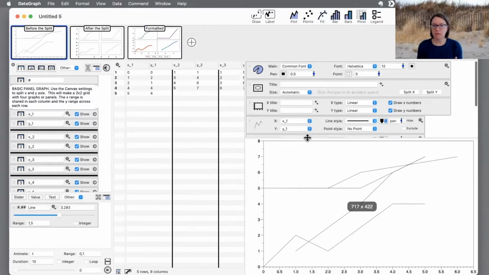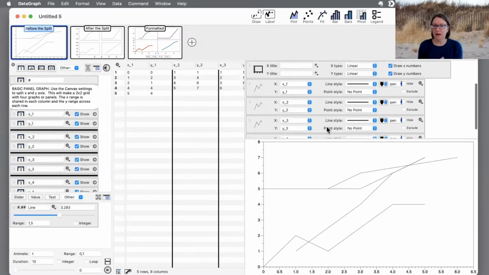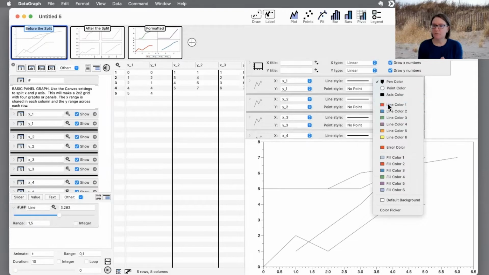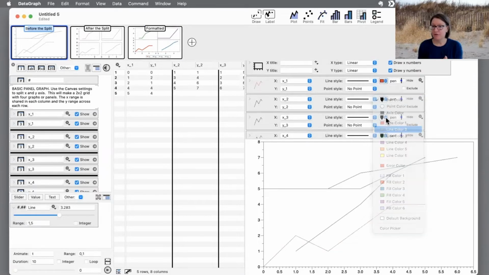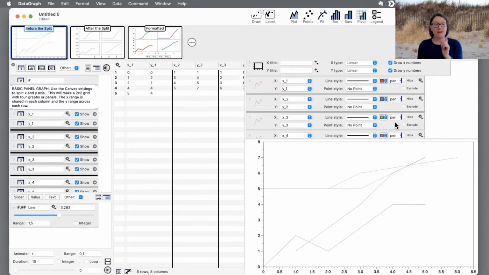But here's the graphic that's the title here saying before the split. This is before we split the data. And actually, maybe it would be good to have the line colors here too, just so you can see which line is which. Another thing that I did in this file, if you look at the version of the 4x4, is I set up a slider variable here on the left-hand side,